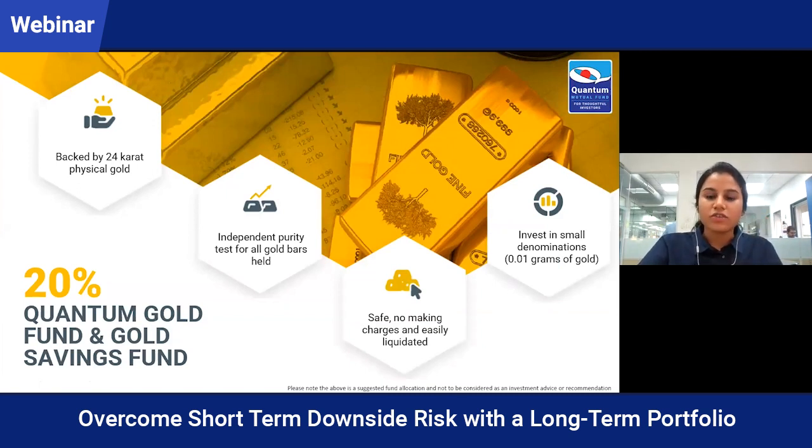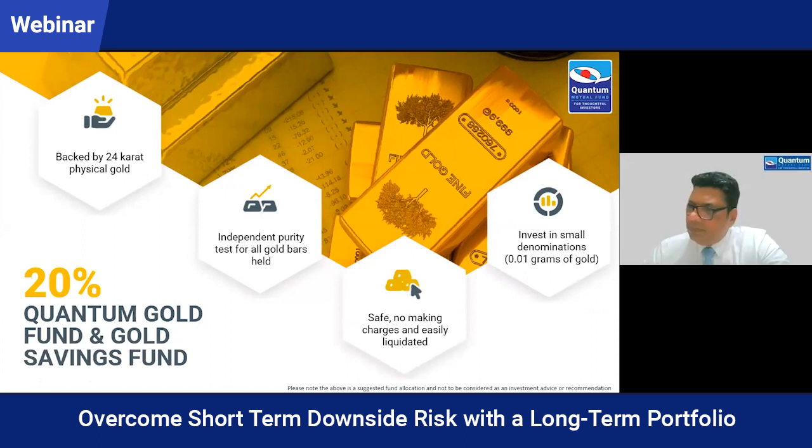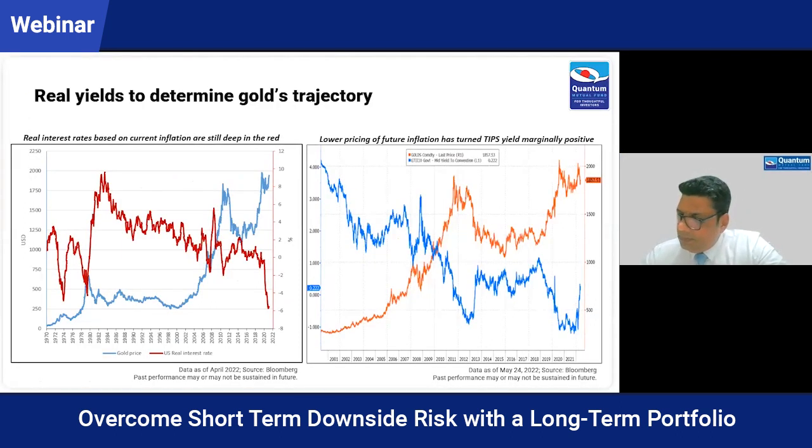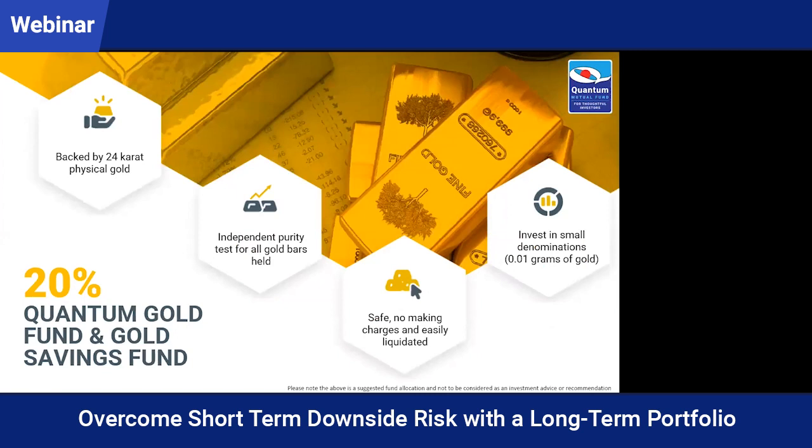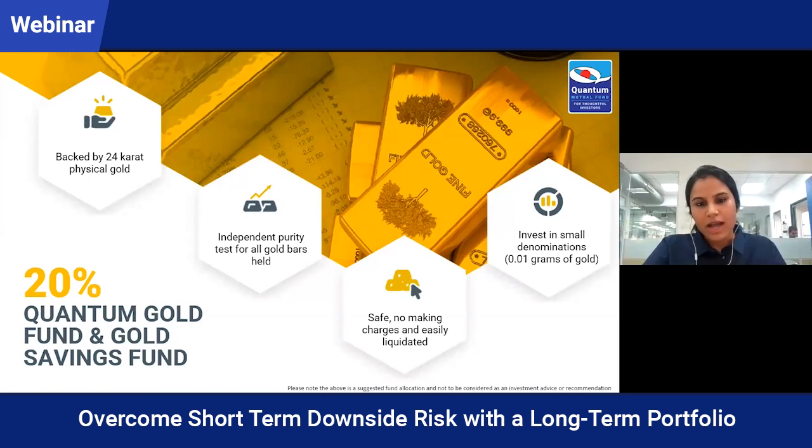Gold ETFs are traded on the exchange, and that's why they are very liquid. You can buy and sell your holdings at any time close to the market price. So in terms of purity, price efficiency, liquidity, even regulation, because gold ETFs are regulated by SEBI, they can be a good choice for investors compared to other avenues of gold investment. And if you do not have a demat account and prefer the SIP route of investing, you can also consider the Quantum Gold Savings Fund, which invests in the underlying, which is Quantum Gold ETF.